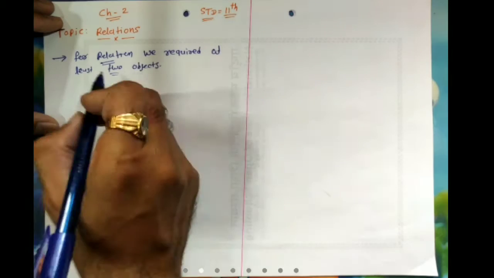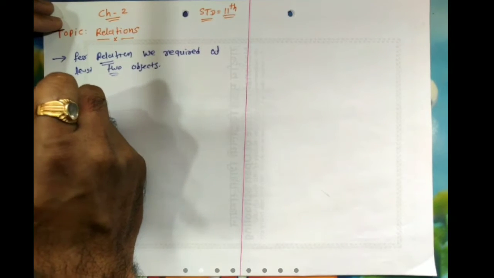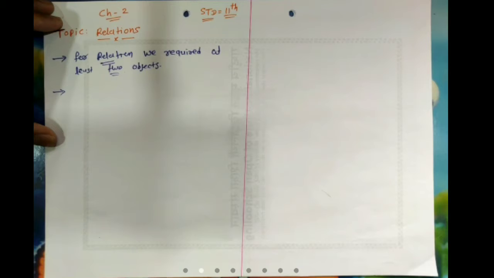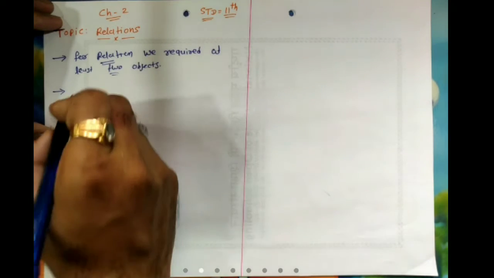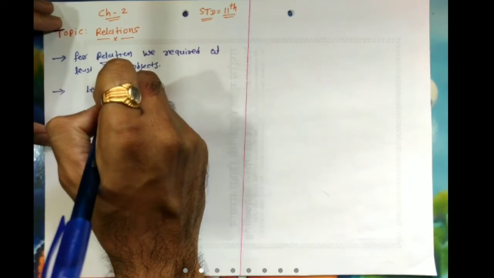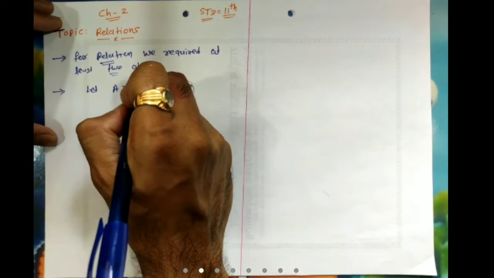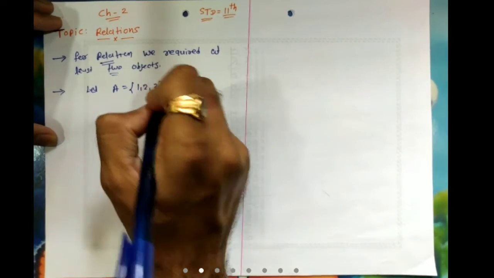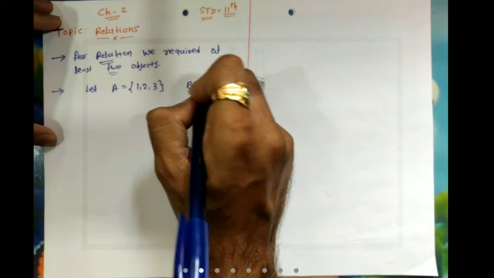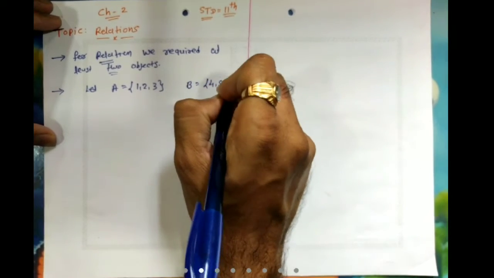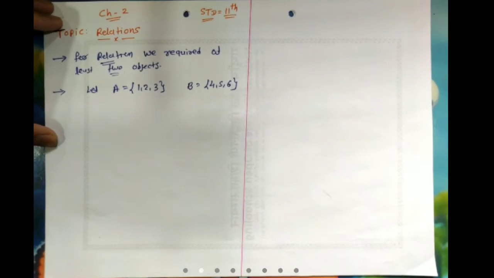Whom and what. So here we are considering two sets. We are defining the relationship between two sets. Done? We are defining the relationship between two sets, and then we'll define what is the relation between two sets A and B. So let us now consider two sets, set A and set B. Elements of set A are 1, 2 and 3, and elements of set B are 4, 5, 6. Done? So here we are defining the relationship between two sets A and B.